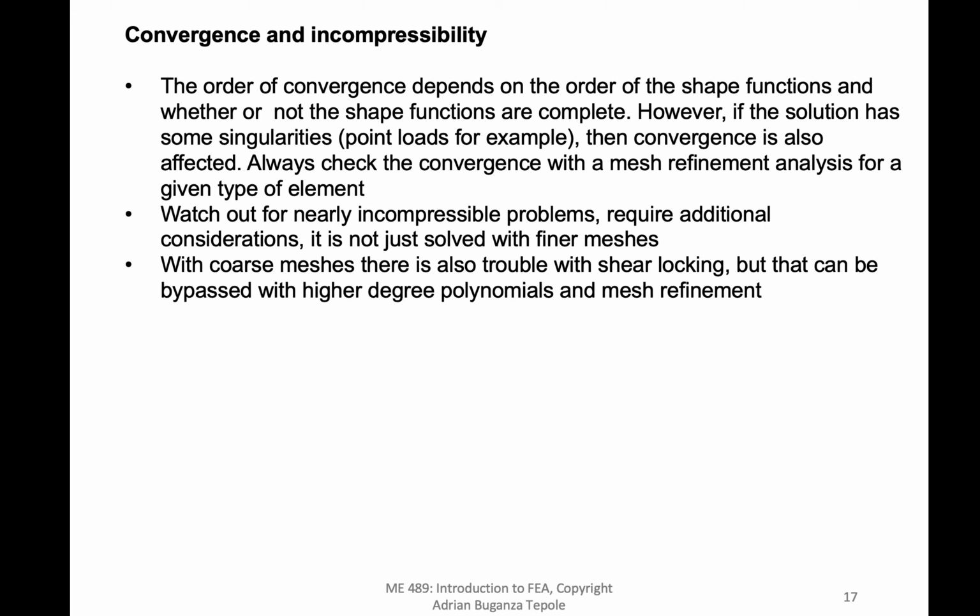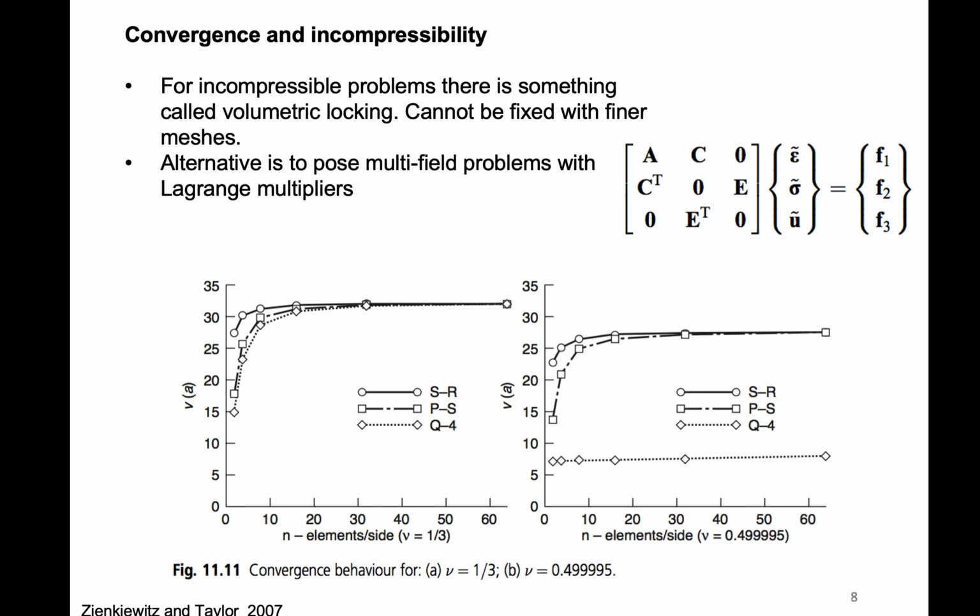And also, why you don't want to have coarse meshes is because you don't have accurate solutions, and some of the ways in which you don't have accurate solutions is due to things like shear locking, which can be prevented with higher degree polynomials and mesh refinement. For the incompressibility problem in particular, the one thing that I would like to point out is that this is the